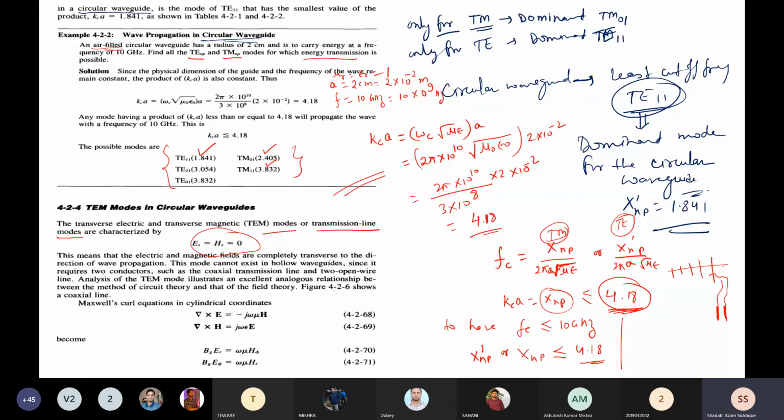So in that we have EZ and HZ equal to zero, and this mode cannot exist in a hollow waveguide. See, the rectangular waveguide which we have taken was a hollow structure. But a circular one can be concentric. You can take optical fiber also. Optical fiber is also a waveguide, but that is an optical waveguide, whereas what we are studying right now is an RF waveguide. That's why yesterday you asked whether optical fiber is a waveguide or not. I told you that optical fiber is not a waveguide in terms of RF only, although it is an optical waveguide.